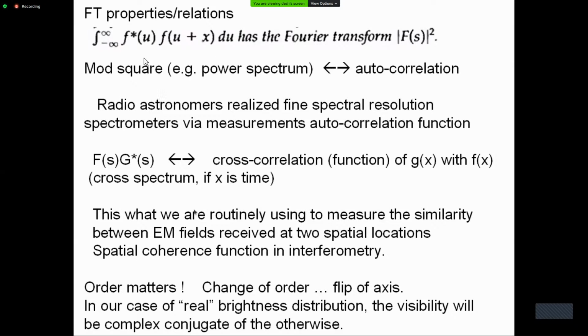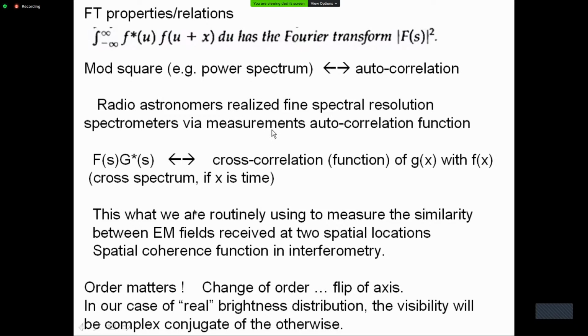So they commute. All right, so this is a specific thing which I mentioned about the modulus square of the function in one domain, particularly if it's in the spectral domain. We get the often desired description in terms of power spectrum, where we can measure the intensity as a function of frequency, and which has a Fourier relation with autocorrelation, which is what they used to do in early days.